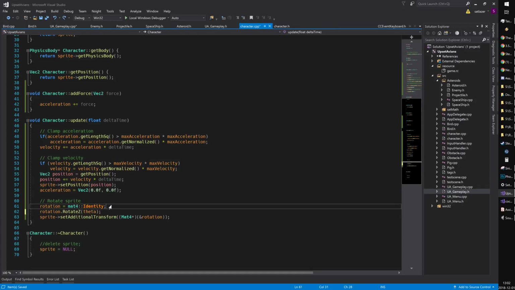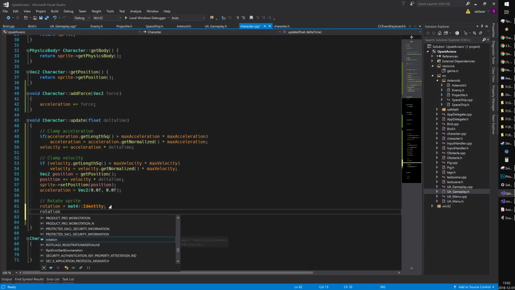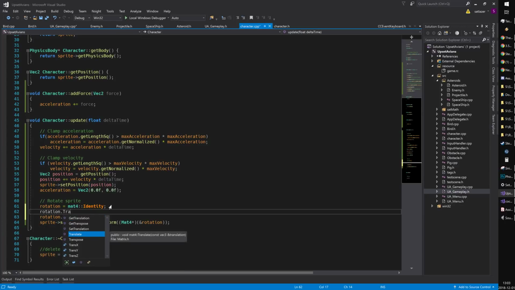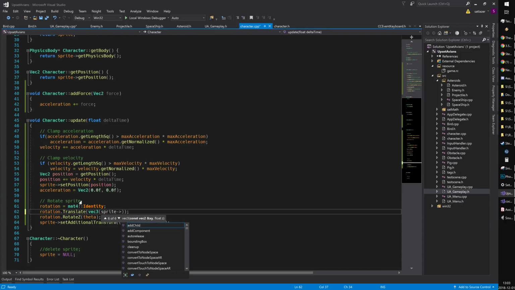So in order to get it to fixate on the center of the object, what we need to do is translate the sprite based on the anchor point of the object. And so we need to translate it by, and this takes in a vec3. And so in our vec3 there will be the sprite's